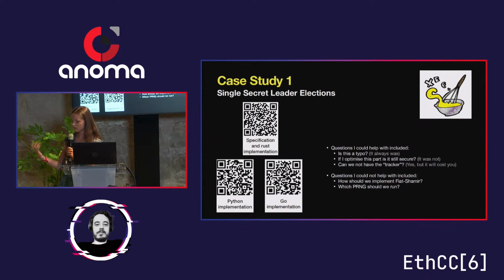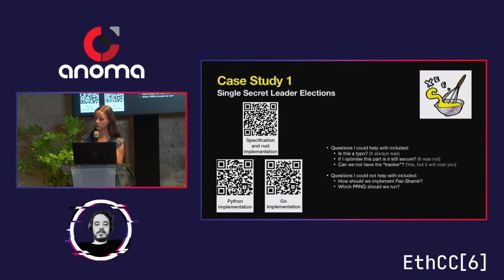They would prefer to have it so that you can just use your BLS public key and use that as your tracker. I kind of don't like this approach. There's a couple of reasons, but probably the biggest one is your BLS public key is your validator key. So this is a thing which all of your validator funds are tied to. And I don't like the idea of that particular very high value public key being used here, there, and everywhere, rather than just being tied to this one thing that it's trying to keep secure.